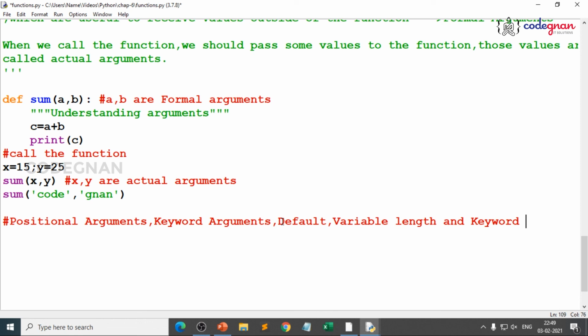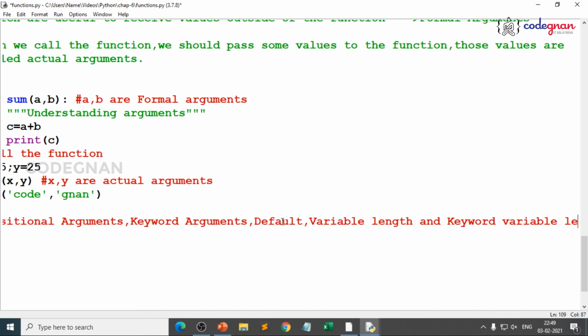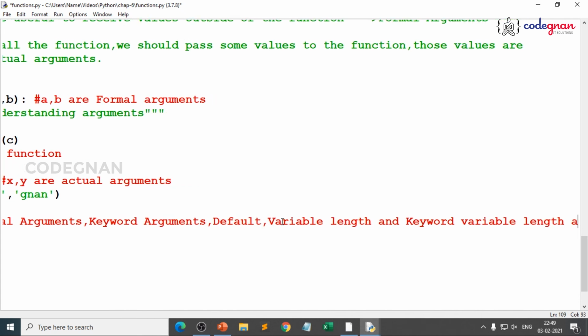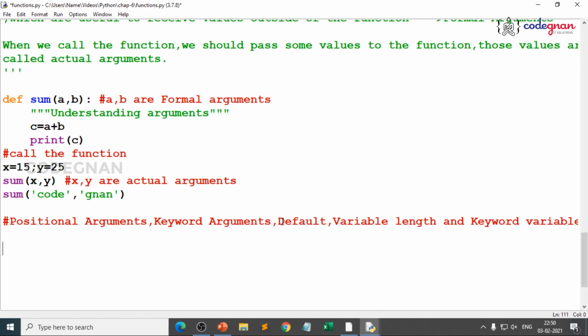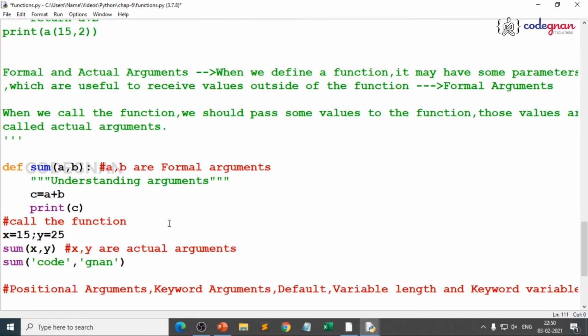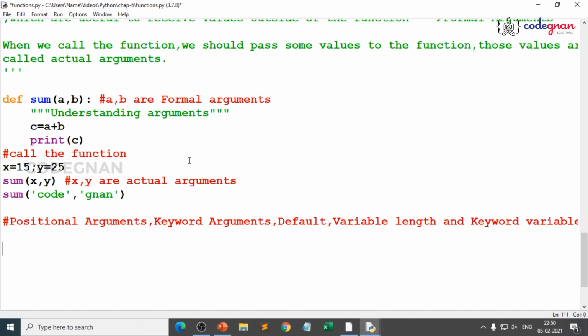Basically, the actual arguments used in a function call can be of 4 types or 5 types, including keyword variable length, because that also comes under variable length only. We'll be writing it in the format of double star kwargs. We'll be learning about each one of them. Based on these 5 types of arguments, we'll understand the difference between how we define positional, and what makes sense for keyword, and internally every one of them plays a very key role according to your problem statement.